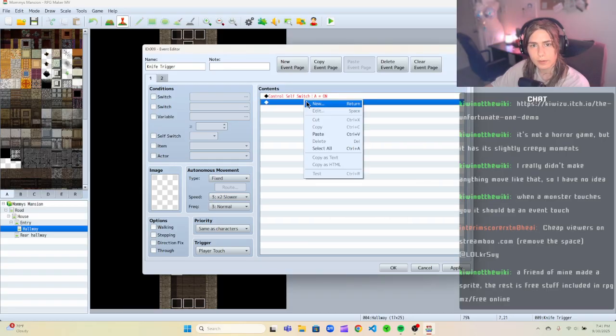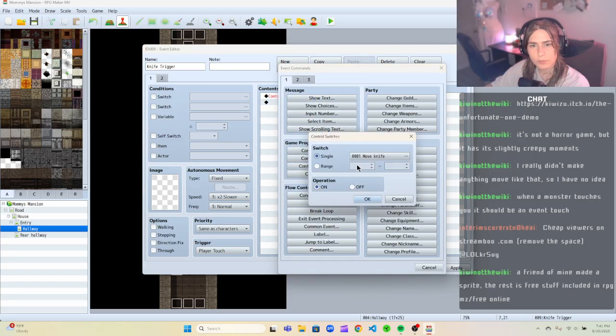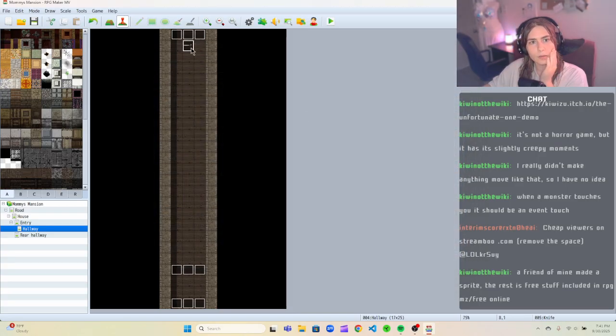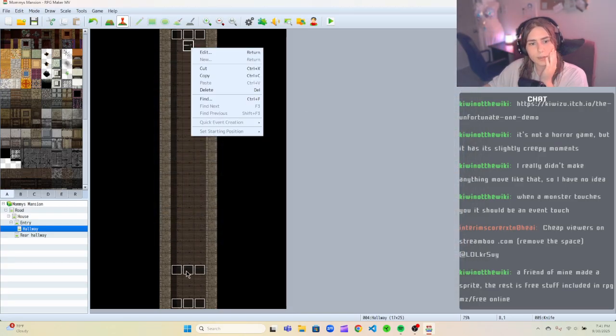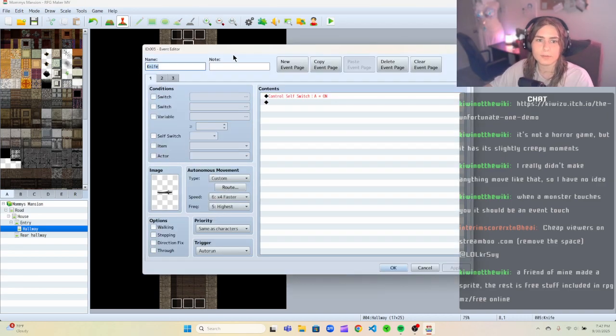Okay, whatever. New control switches, move knife. Okay. So, oh wait, but I need to, okay, copy that, delete that, paste it. Okay, so then the knife then is,